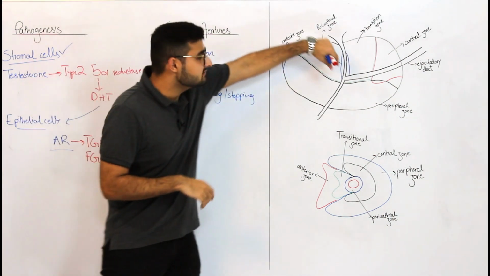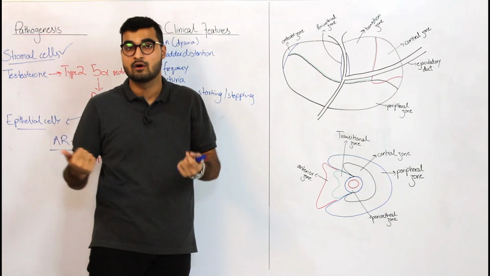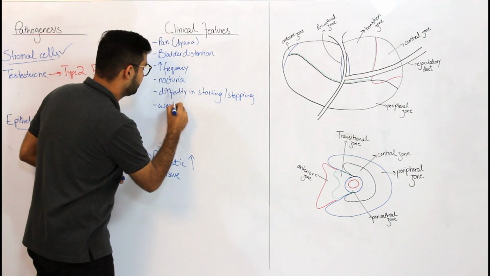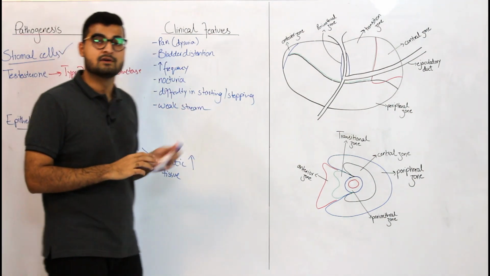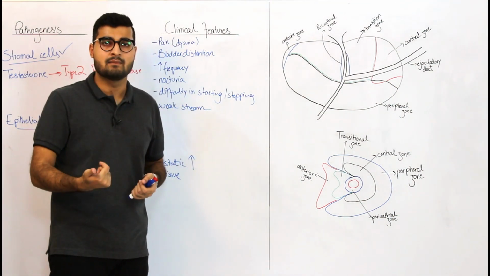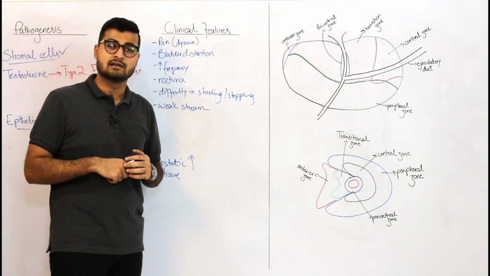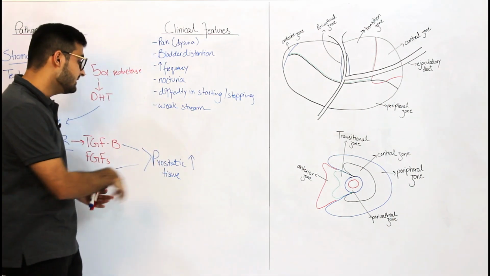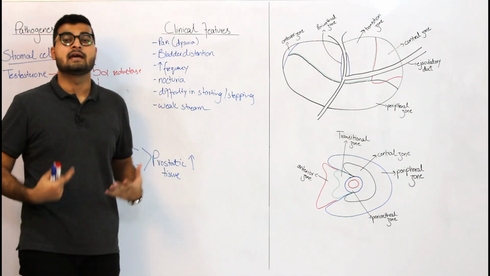Apart from that, since you have a narrow urethra, they won't have a proper stream of urine like a normal person. So they will have a weak stream of urine. Weak stream of urine is going to be present. They might have dribbling, that is drops might come out, so they might complain of dribbling. So these are basically a few clinical features that you might see in a patient of BPH. And like I said, they will have a distension of their bladder. You might see a distended abdomen.